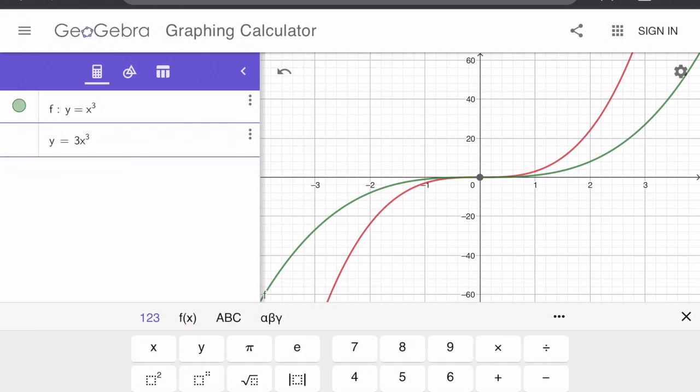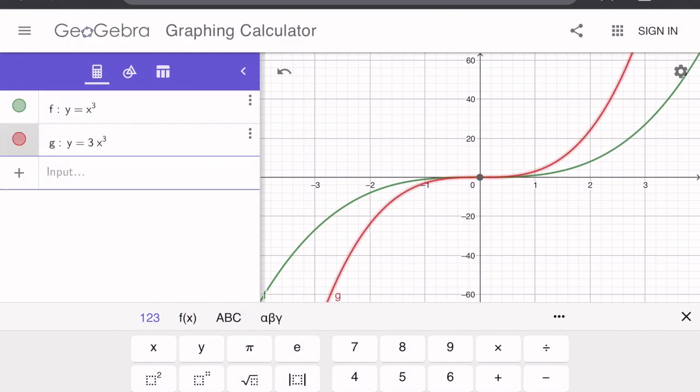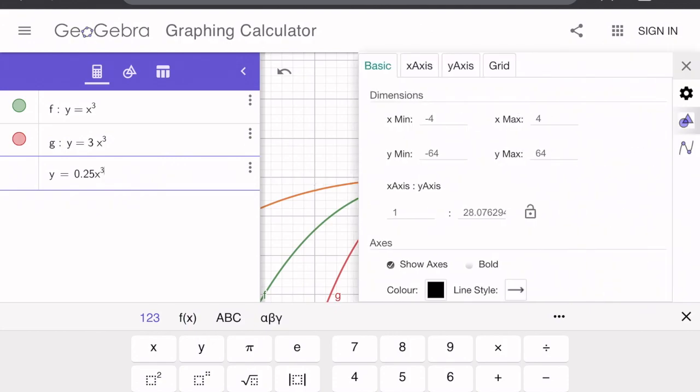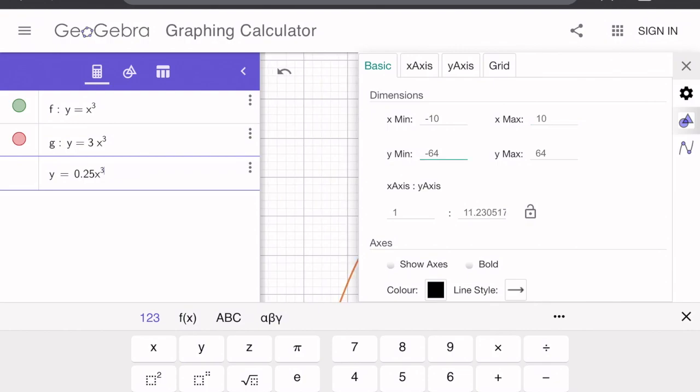And maybe I also want to do y equals, I don't know, a quarter, 0.25 x cubed. So that gets kind of shallower. So if we go back to like a normal minus 10 and positive 10, and this one minus 10 and positive 10,